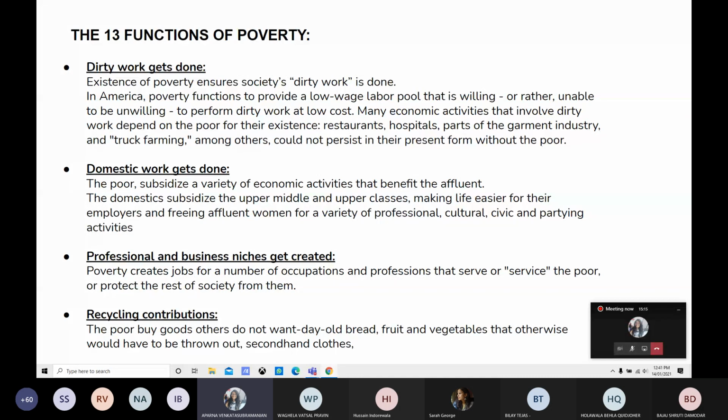Then he talks about recycling contributions. So poverty helps with the recycling of goods and incompetent professionals. The poor often buy goods that other people have discarded, including clothes, appliances, automobiles, etc. In addition to that, he also talks about the